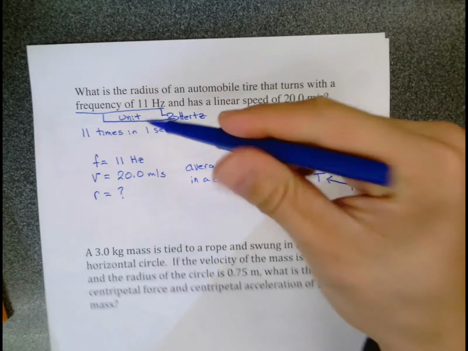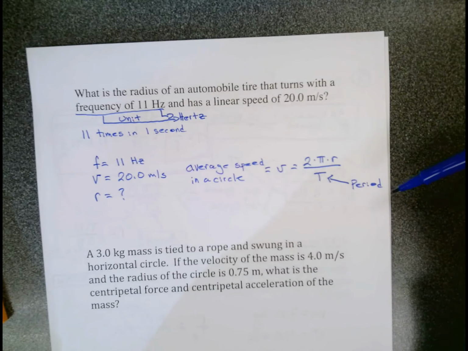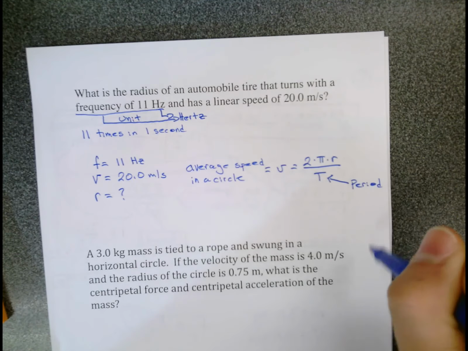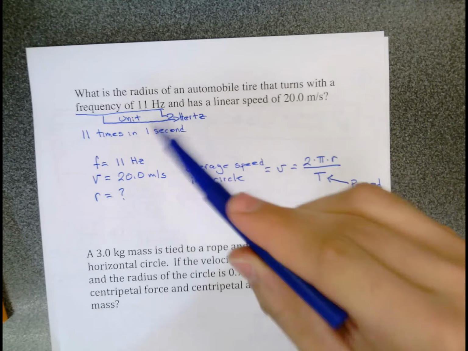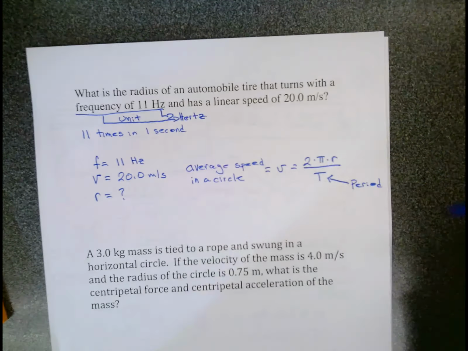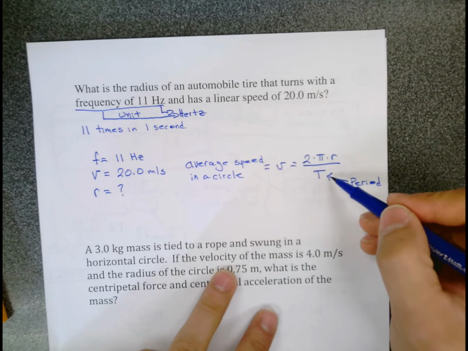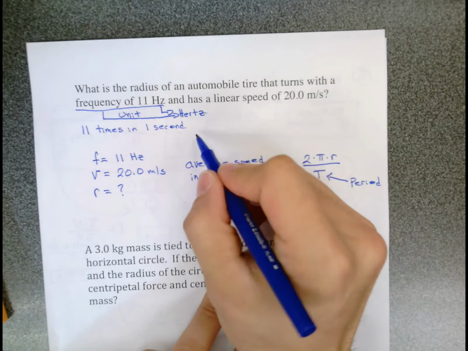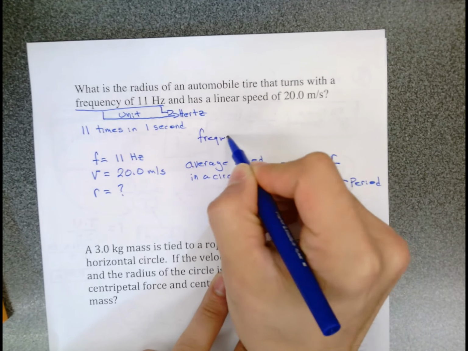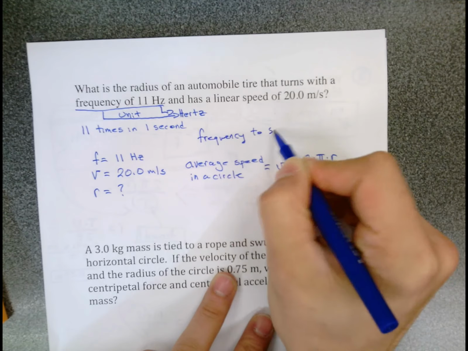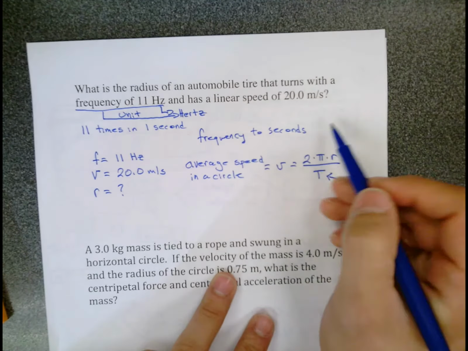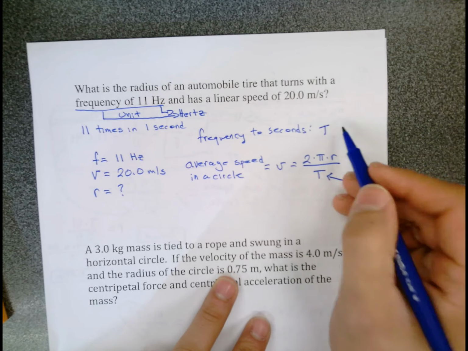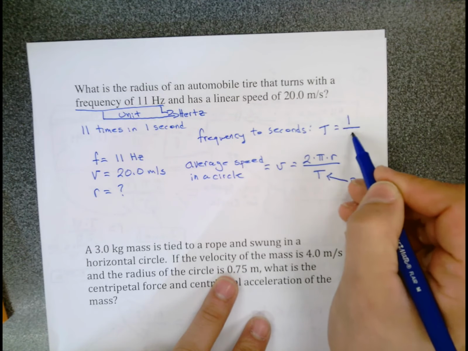It is actually the inverse or the opposite of frequency. A period tells us how much time it takes for something to go around in one circle. Frequency tells us how many times that goes around in 1 second. So they're actually opposites. This equation uses period, and this question gives frequency. So we have to convert frequency to seconds. And the way to do that is know that the period T is equal to 1 over the